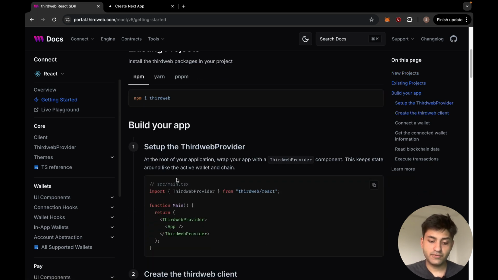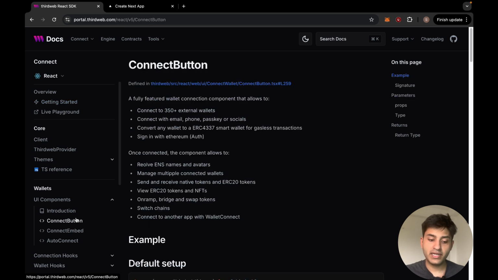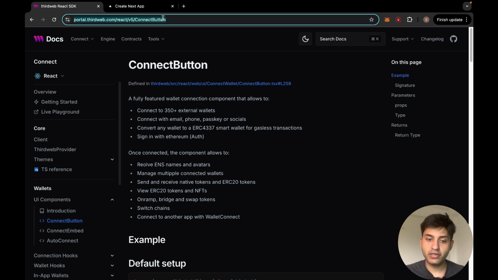Since we are covering a UI component, we can navigate to the UI components accordion right over here. If you click on that, it will expand and you will notice a ConnectButton component mentioned here. Let's click on that, and we arrive at this URL, which contains all the information that you need to make your ConnectButton component